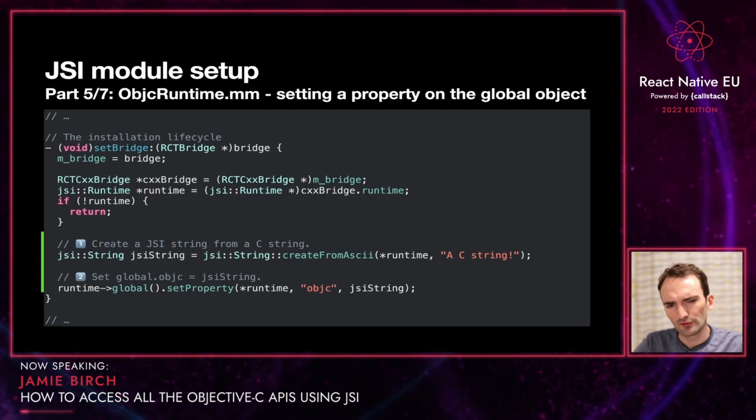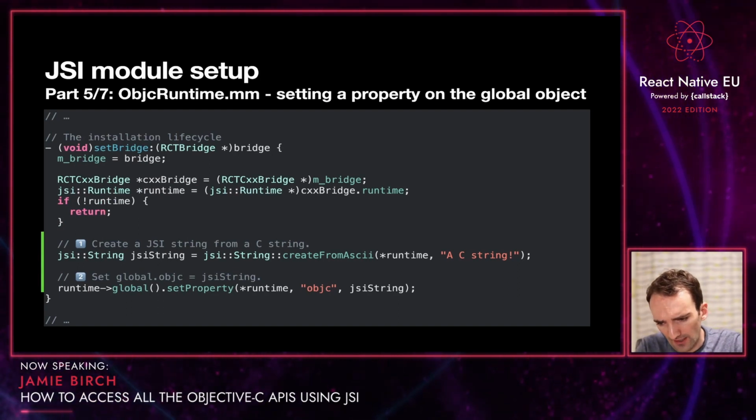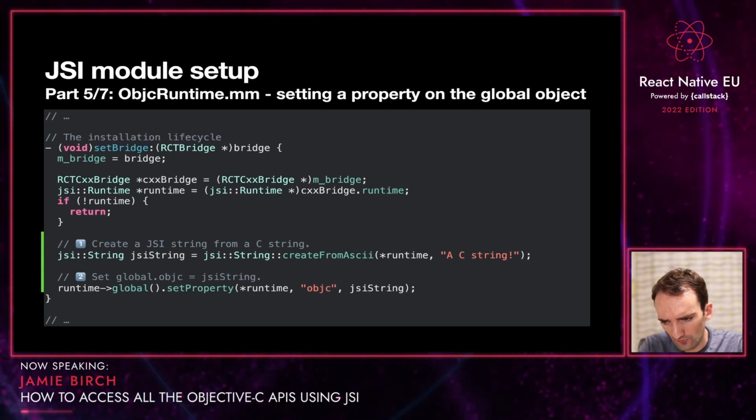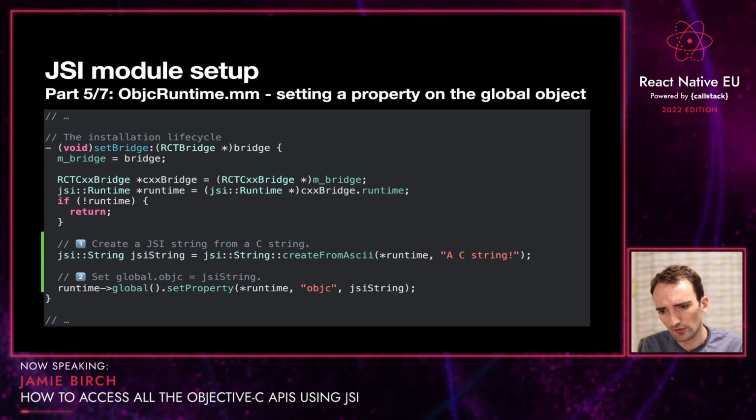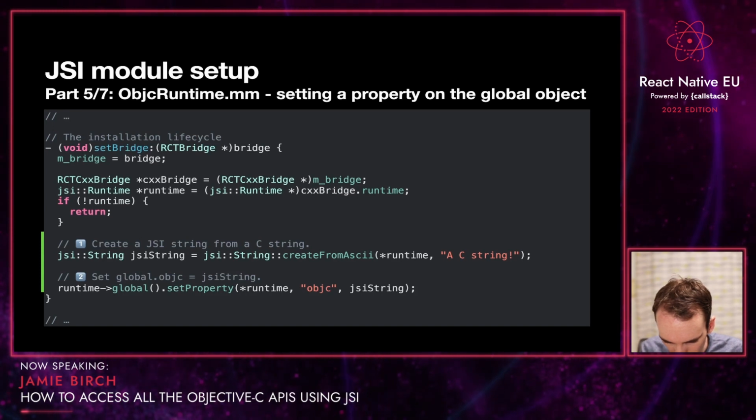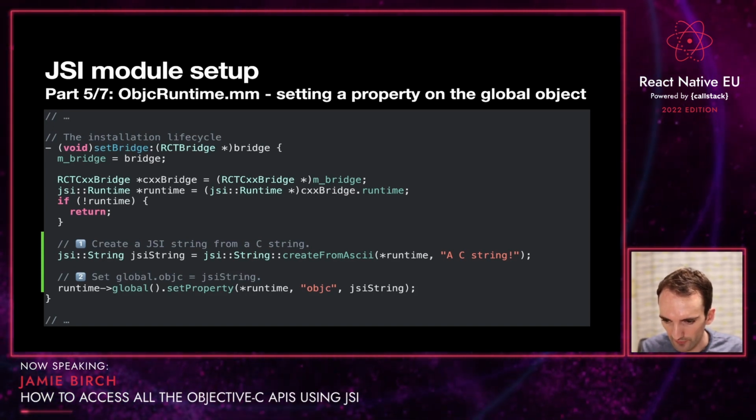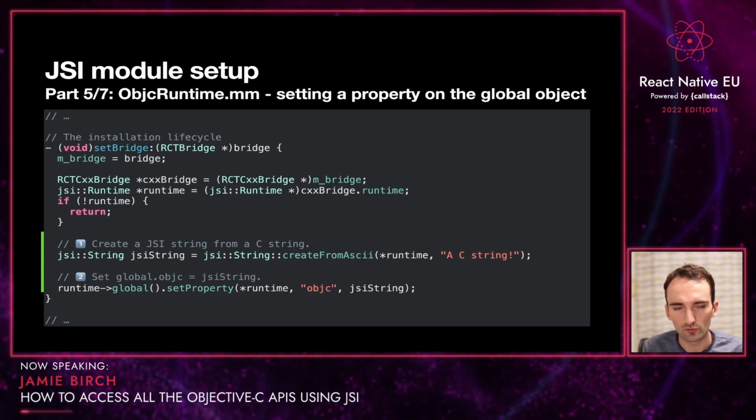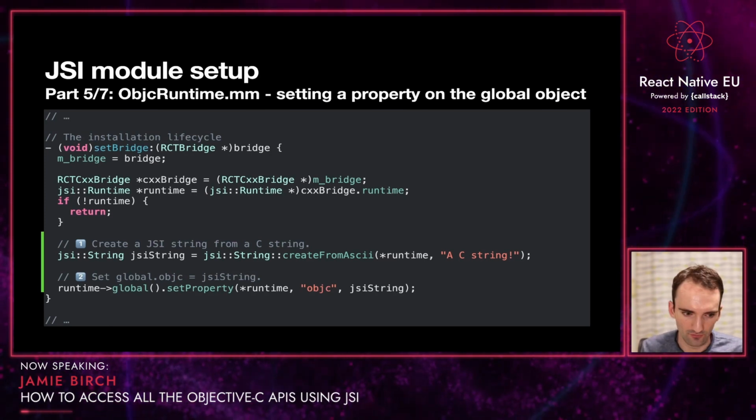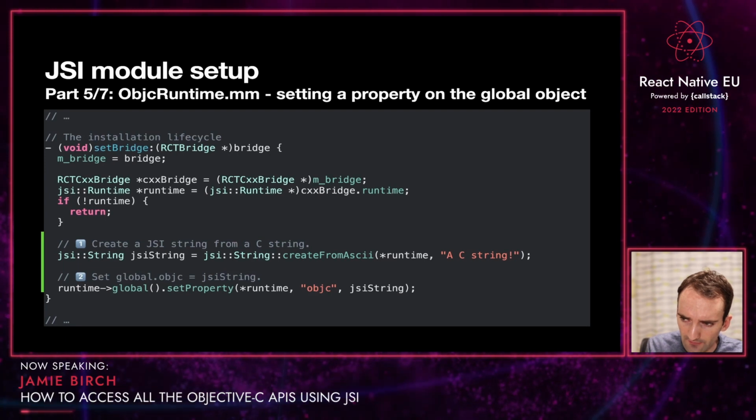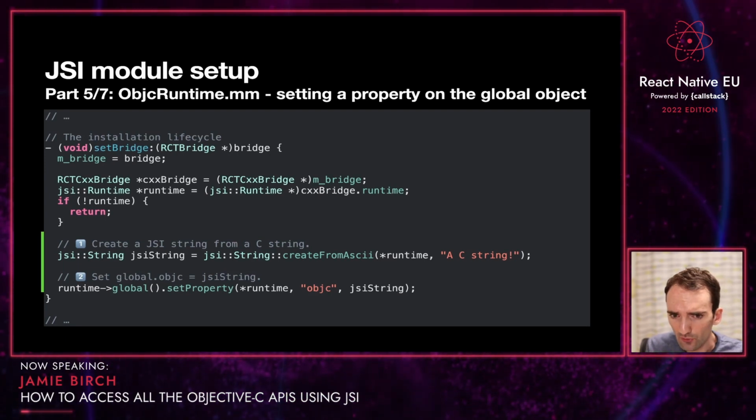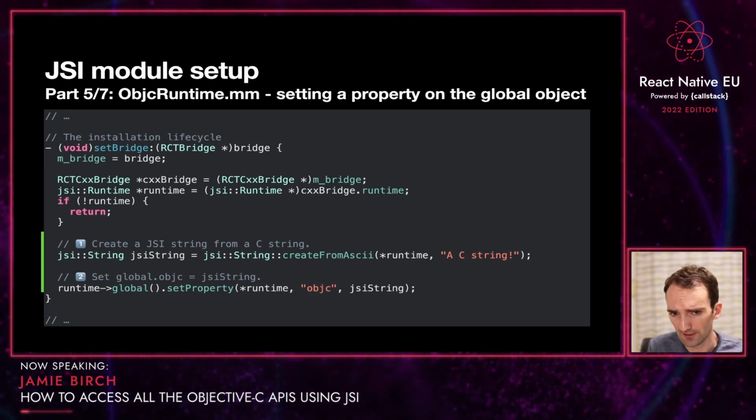Now, what we're going to try doing here is set an object in the JavaScript context. So forget the native side for a moment. Imagine you're writing some JavaScript and you write global.objc, or can I just say ObjectiveC? Now, we'd like when you console log that for it to return a string, and that's what we're going to